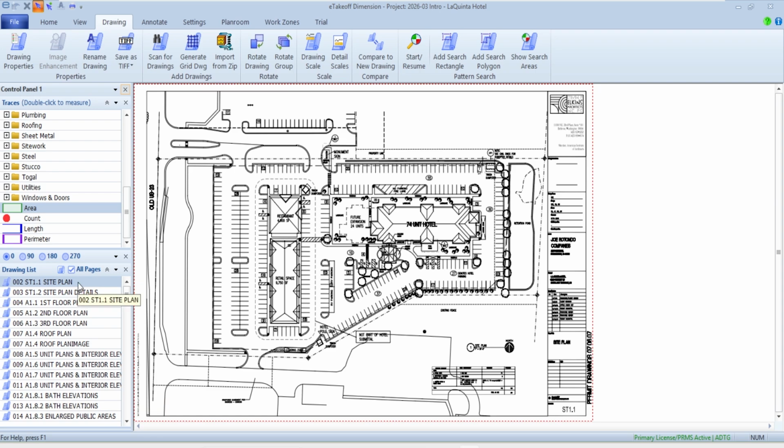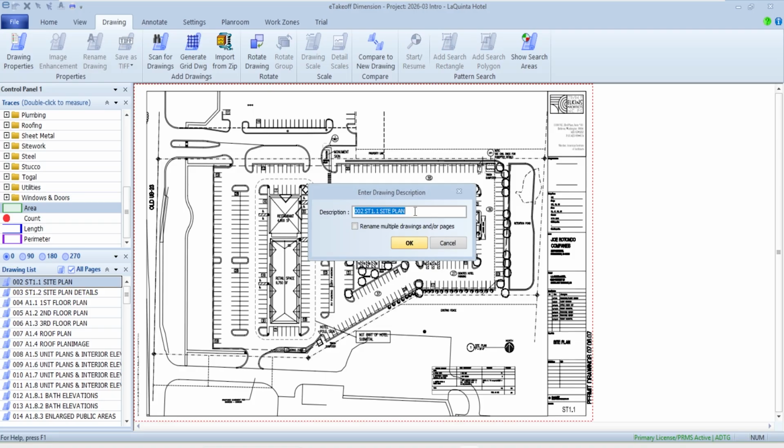So as you go through here, this is where you can also rename the drawing so I can give it some sort of better description. If it was something generic like just page 1, I could wipe out page 1 and just call it the site plan or something like that. And as I go through and rename these, I can also check this box, and what that'll do is change the OK to next. That way I can go and look at each one.